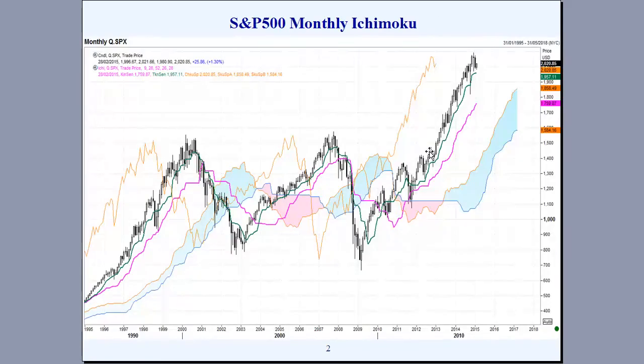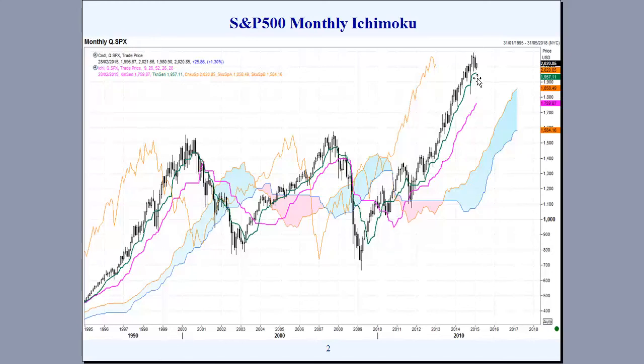First market I'm going to look at is the S&P 500, and looking at a monthly chart with the Ichimoku charts. Here we see very solid price action up above each of the Ichimoku indicators, highlighting that we have a very strong bullish bias in all three time frames. The market is trading up above the cloud, above the Kijun-sen and the Tenkan-sen indicator, and supported by the Chikou span, suggesting that momentum is still to the upside in this market, and we have a very strong market on